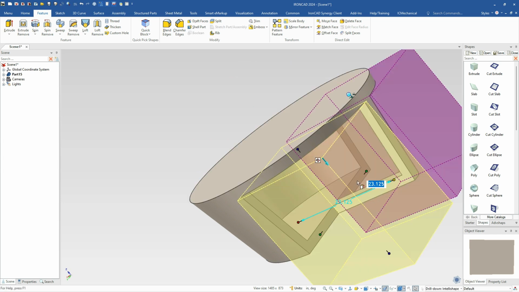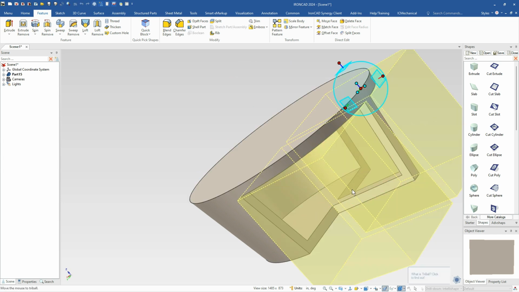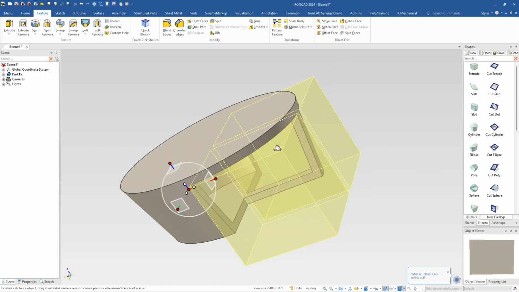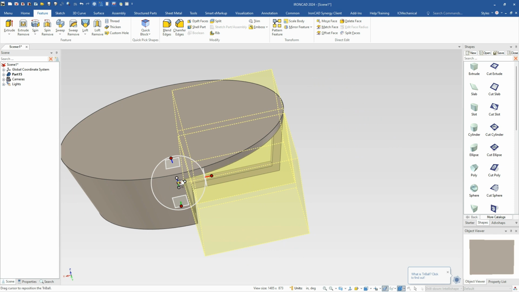So we'll select this shape, hold the shift key down, select the other one. Then we'll move the TriBall to this location on this corner here. So I can zoom in here a little bit. Get this corner here. There we go. Move it in